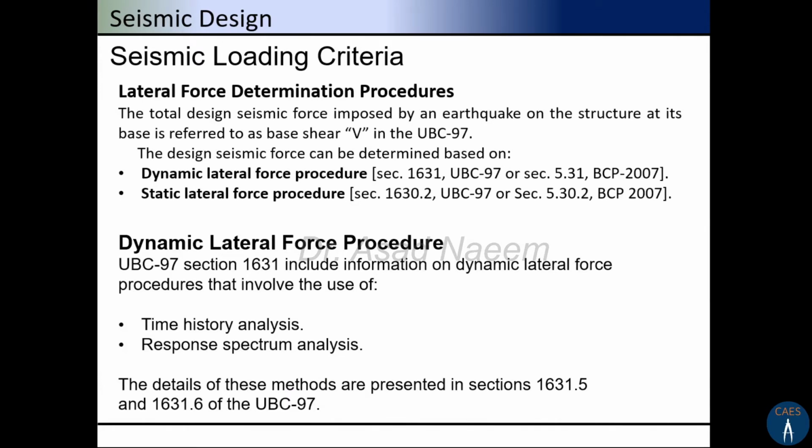In order to determine the lateral forces on a building structure, we need to perform some analysis, which can be the dynamic lateral force procedure or the static lateral force procedure. The static lateral force procedure is one of the most widely used in practice. However, the dynamic lateral force procedure, or dynamic analysis method, in which we have response spectrum analysis and time history analysis,